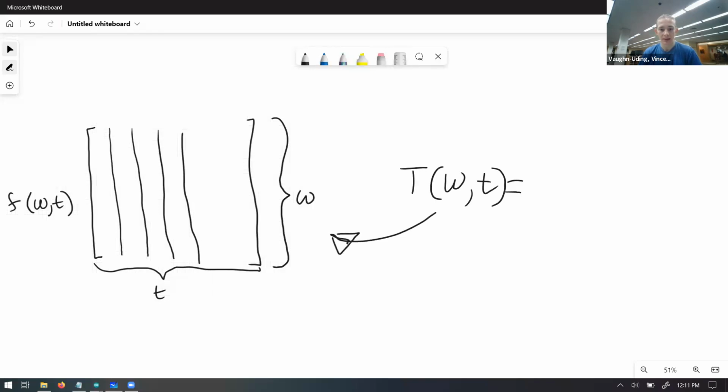This is referred to as the template, and it has the exact same form as the array that we're storing all of our frequency data in. And if we want to test whether f of frequency and time contains our template of frequency and time, what we do is we